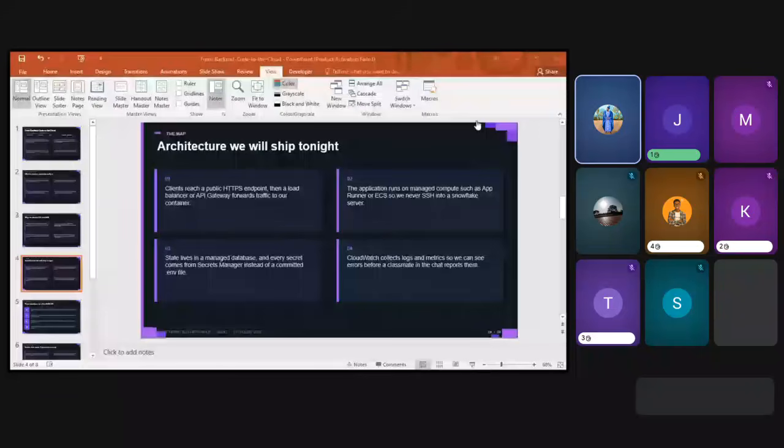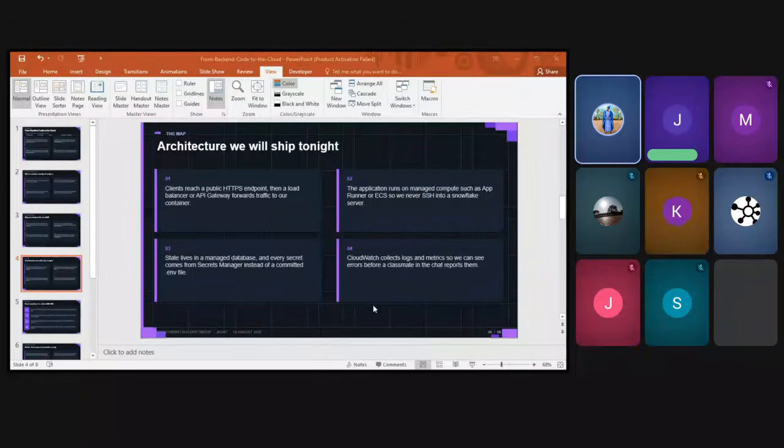Kennedy, Bethwell, Joseph. So on your end, what does Docker do? You can write it in the chat, something simple. Or on your understanding, what does Docker do? Or raise your hand.